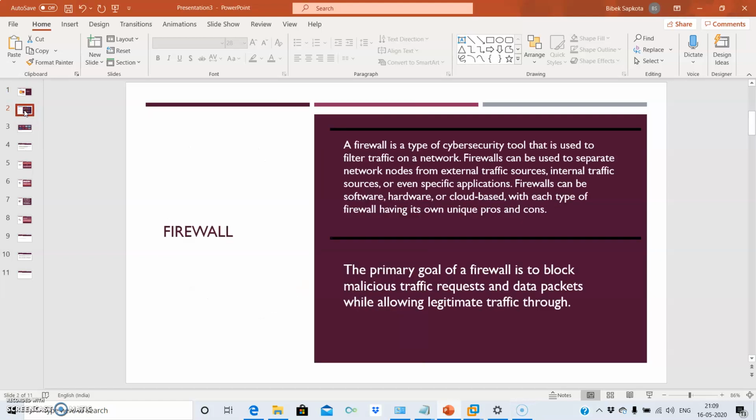Now, what is a firewall? Here we have a definition. A firewall is a type of cyber security tool that is used to filter traffic on a network. A firewall can be used to separate network nodes from external traffic sources, internal traffic sources, or even specific applications. So a firewall can be software, hardware or cloud-based, with each type having its own unique pros and cons. The primary goal of the firewall is to block malicious traffic, requests and data packets while allowing legitimate traffic